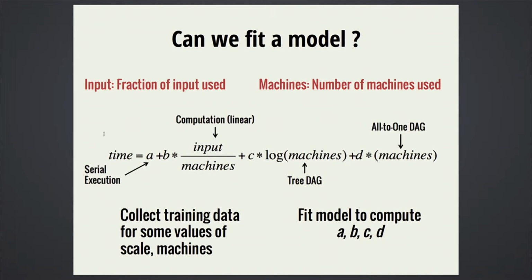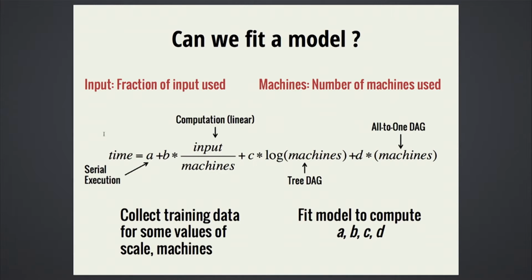So what do I mean by that? What I mean is that we can express the total time taken by the application as a sum of a number of terms, each of which captures one of the patterns that we saw in the previous slide. I'll walk you through this a little bit more slowly. We have two variables here on this slide. The first one is input, which is the amount of input or the sample that we use to actually run this job. And the second variable is the number of machines that we use to actually run this job.